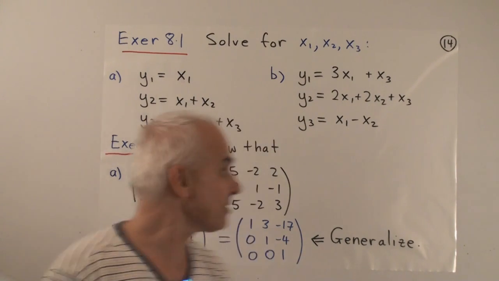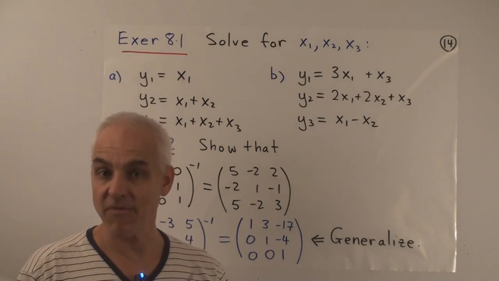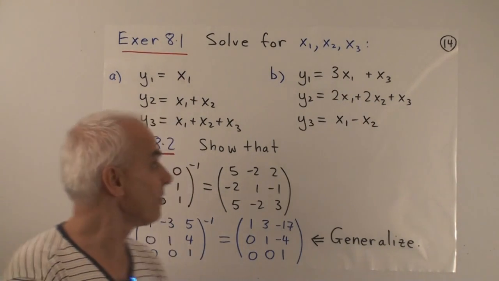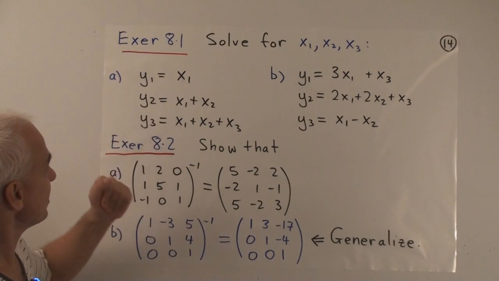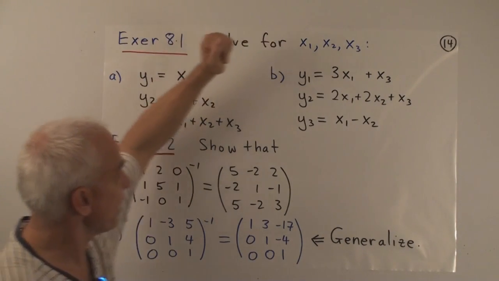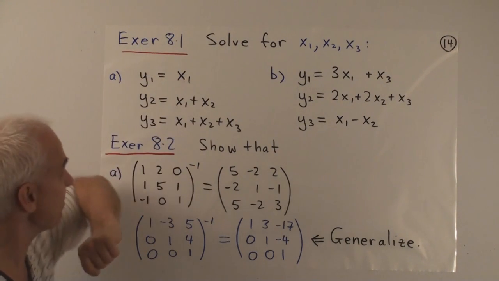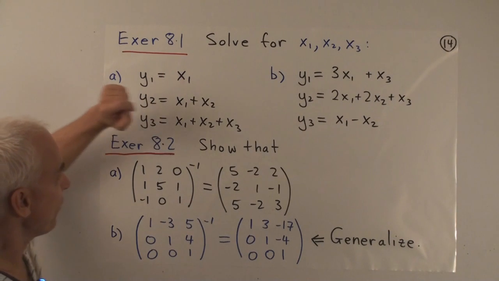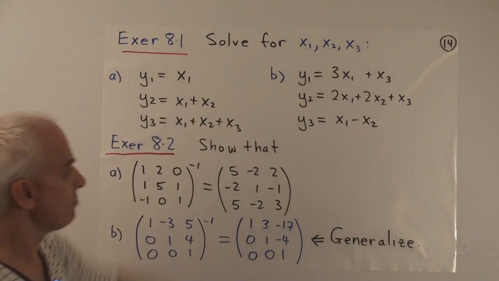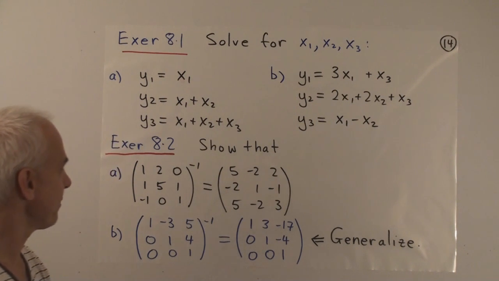Let's have some exercises. Give you a chance to play with the ideas, to become familiar with things, and to practice. All right, so here's a system. There's two of them. So the first exercise, solve for x1, x2, x3. Here we have this little system, which is a kind of a triangular system. And this one here is a little bit more random. Right, so you have to solve for the x's in terms of the y's.